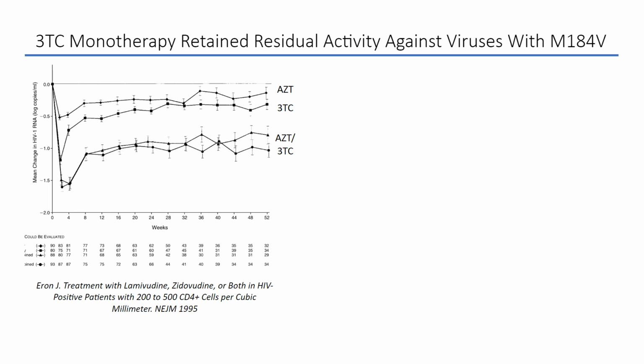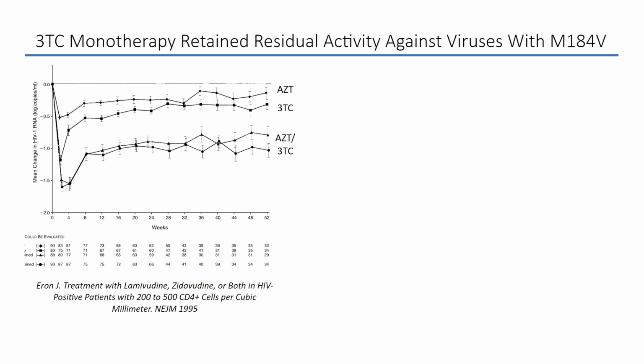However, virus levels rapidly rebounded coincident with the development of M184V and I. Nonetheless, virus levels remained about 1/2 log lower than their baseline level for 1 year. 2 other smaller clinical trials that I'm not showing demonstrated very similar results, a sustained 1/2 log reduction in virus load associated with 3TC monotherapy. It is suspected that the residual activity of 3TC against viruses with M184V reflects the reduced replication capacity of viruses